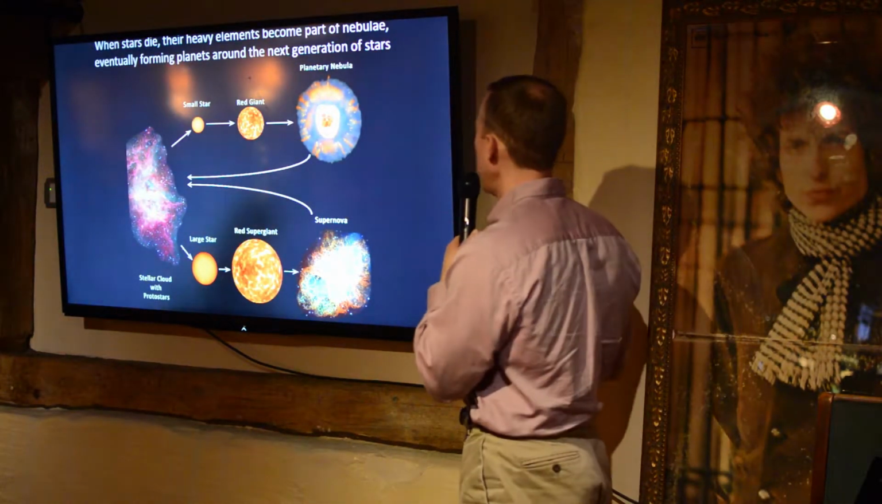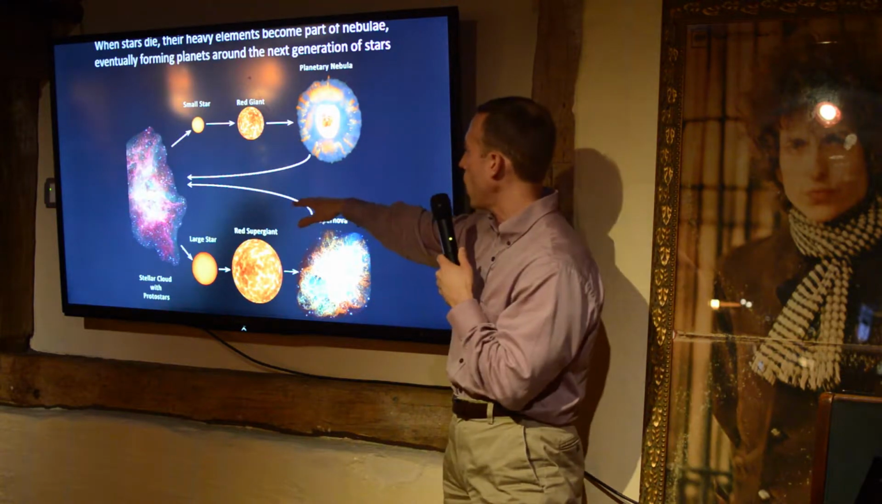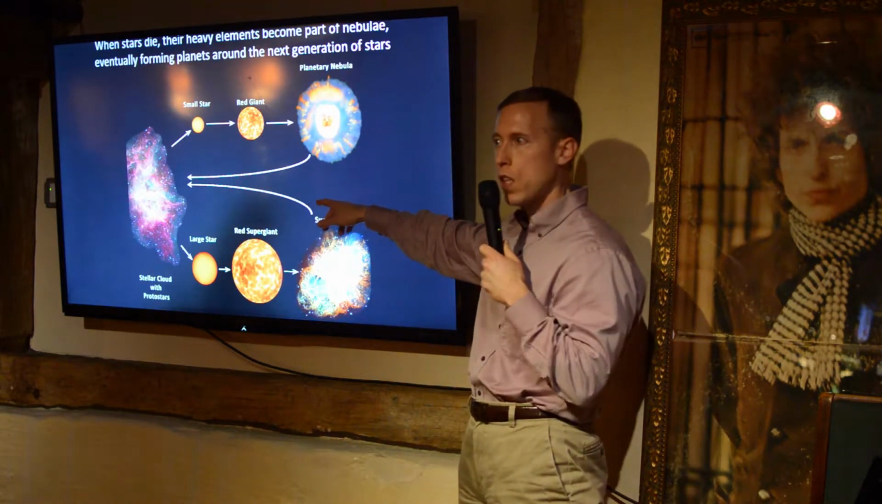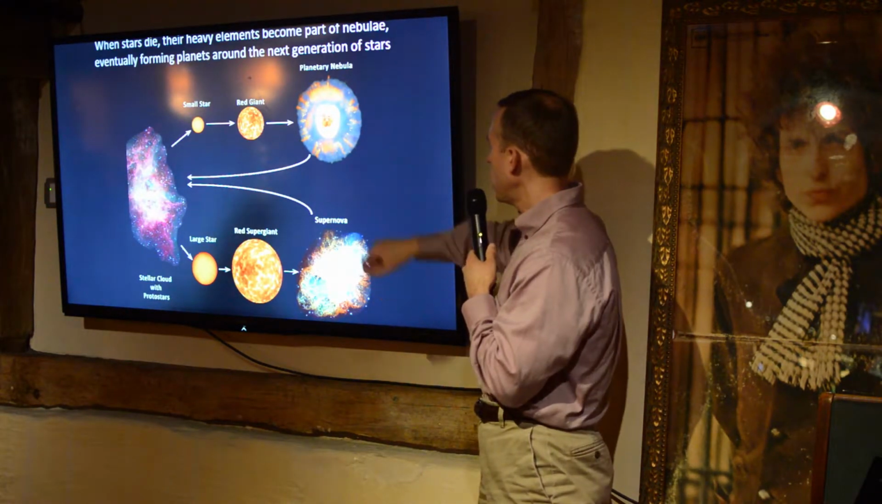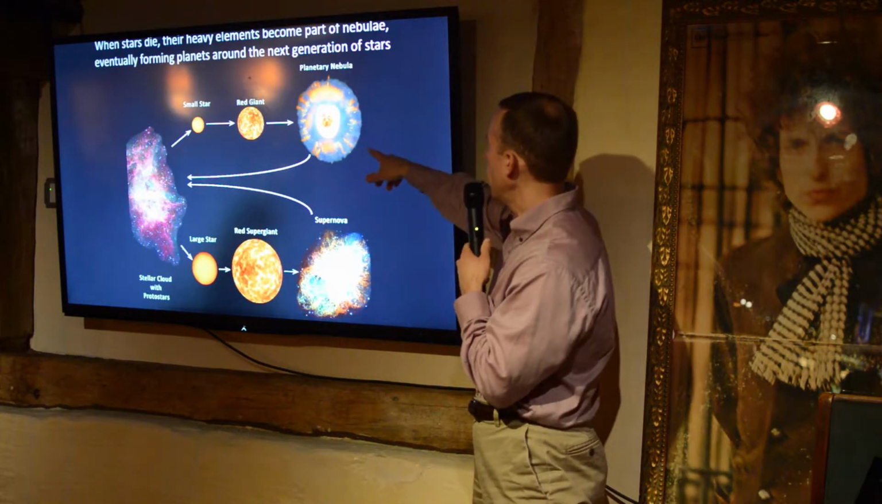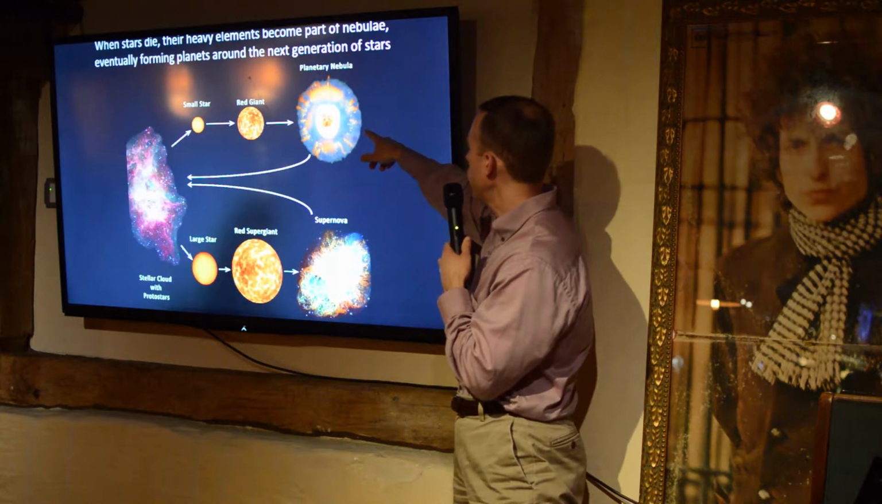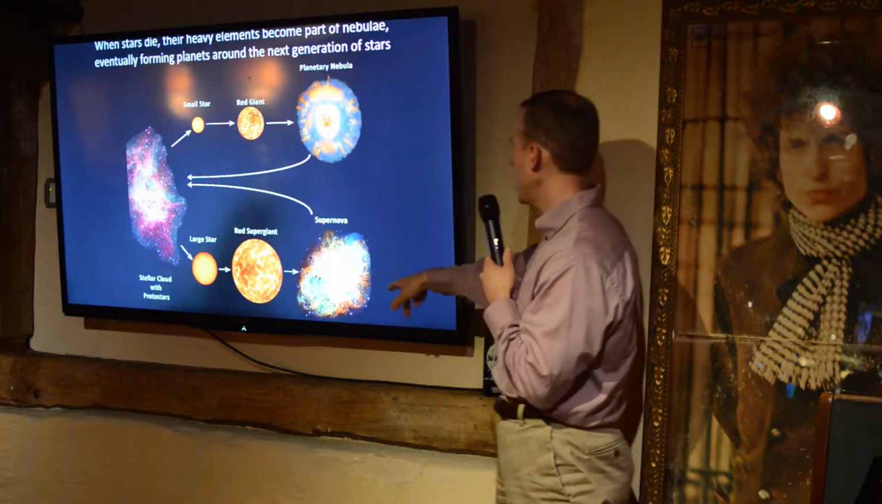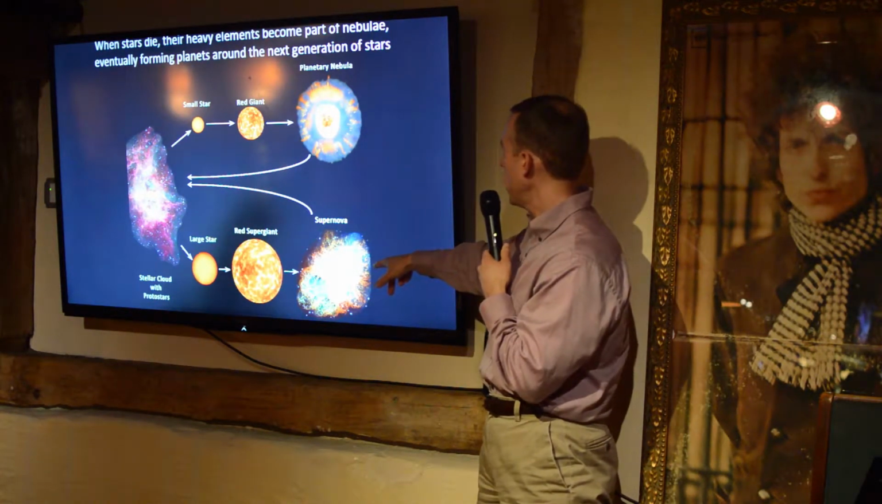So this is a nice summary of this process. We started off with clouds of gas and dust on the left. Those gave birth to stars. Stars like our sun eventually become planetary nebulae. The more massive stars go supernova. And in both